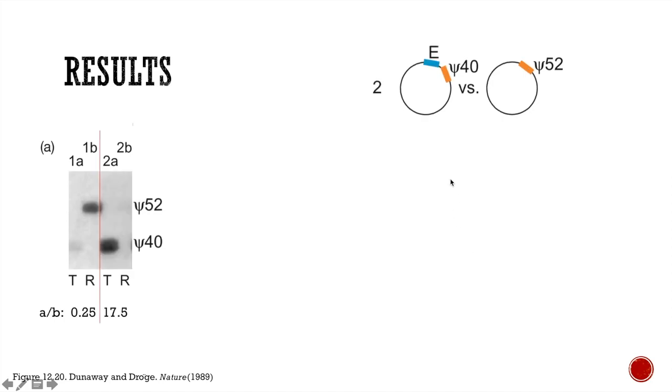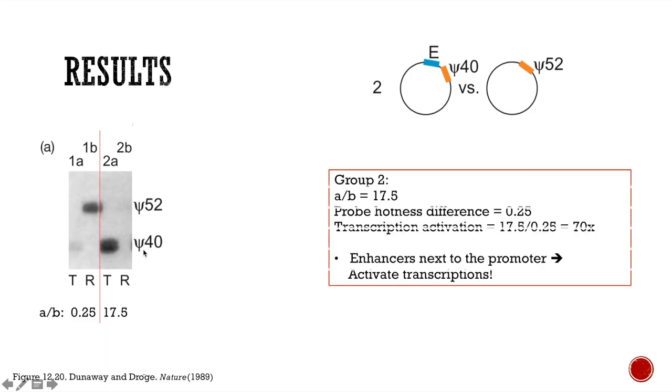In the second group, in order to test whether their enhancer really enhanced the transcription, they co-injected a Cy40 with an enhancer close to the promoter together with the Cy52. And we see a lot darker band in lane 2A. It was said that this was a 17.5-fold transcriptional advantage on plasmids with the enhancers over those with mini-genes only. Taking into account the probe hotness difference, 17.5 divided by 0.25 is 70. Therefore, we could see that the existence of enhancers right next to the promoter introduced a 70-fold enhancement on the